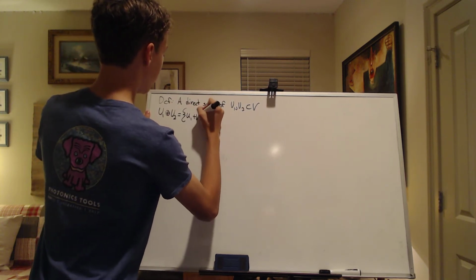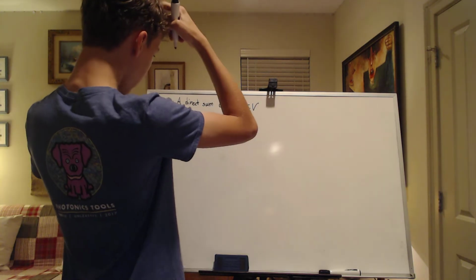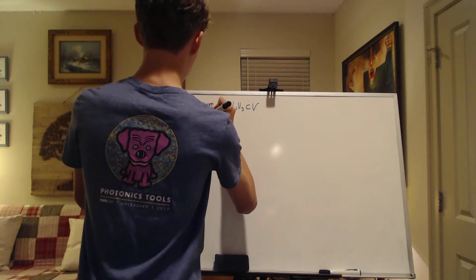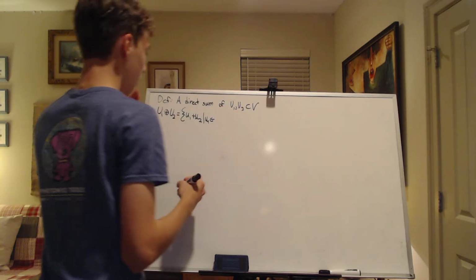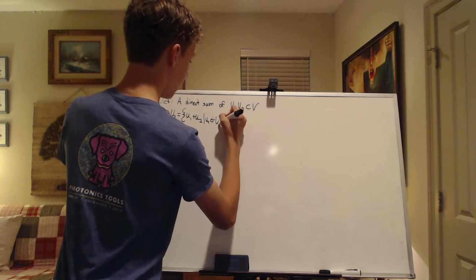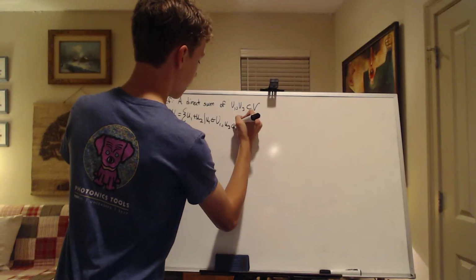This equals U1 + U2, so all values u1 + u2, again, such that u1 is in U1, u2 is in big U2,